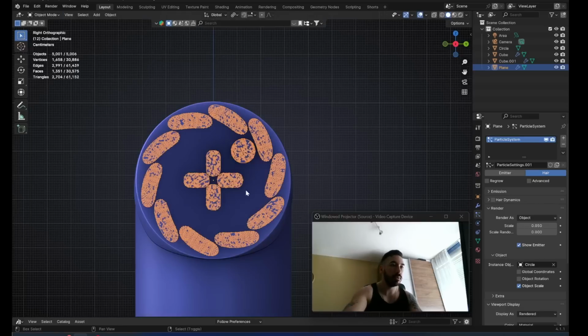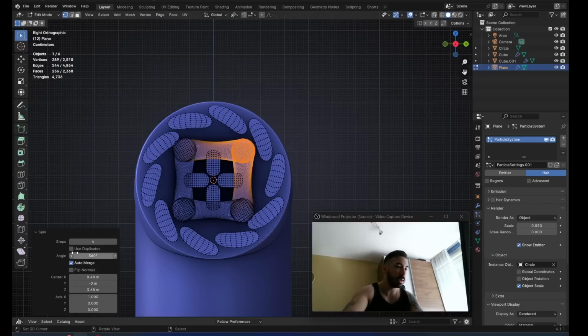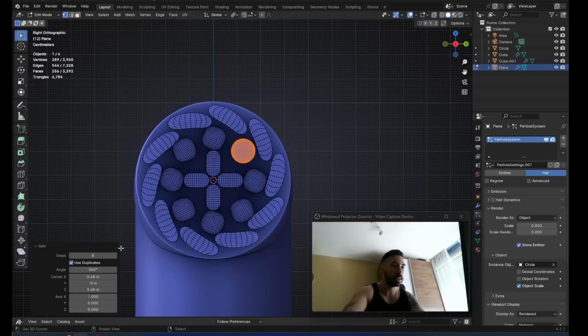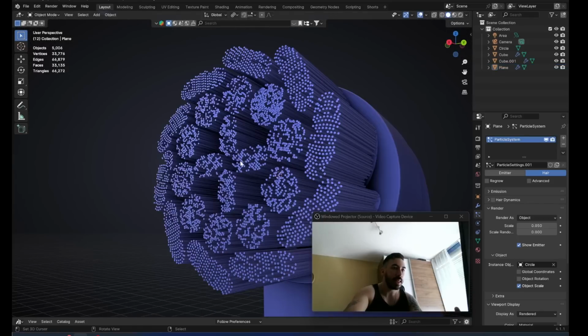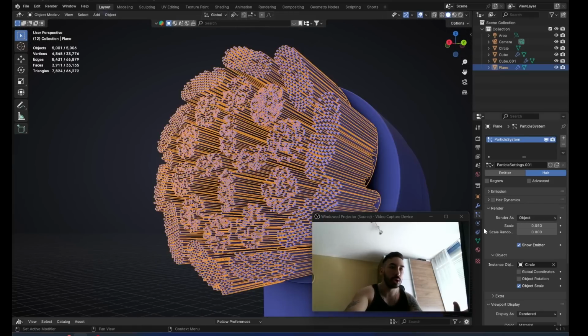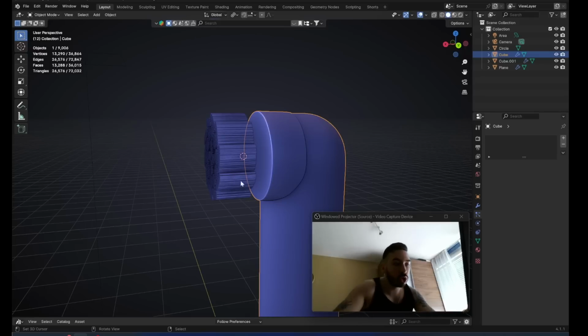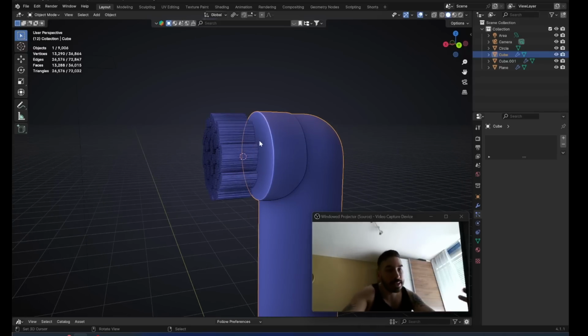So go back to front view, place the 3D cursor in the middle, Alt E, spin, use duplicates. We want 8 instances. We had 10 before, so we're going to use 10. Now this looks evenly distributed. I think we're going to go with a few more hairs. And now the bristles are ready,